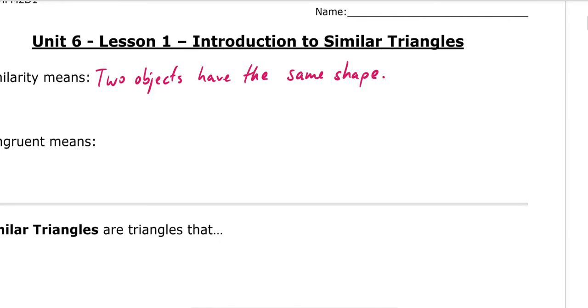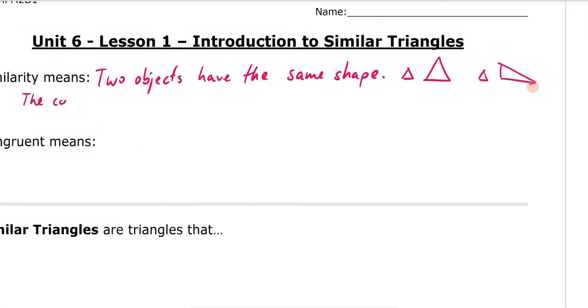in size. So imagine you have a triangle, you keep the same triangle shape, but it's just a reduction or an enlargement of its size. And it has to have corresponding pairs of sides that are proportional to each other, as well as corresponding angles that are the same, right? So if I looked at something like this triangle and this triangle, they both are triangles, but they're not similar because they have different proportions of corresponding sides and angles. So two objects have the same shape, and